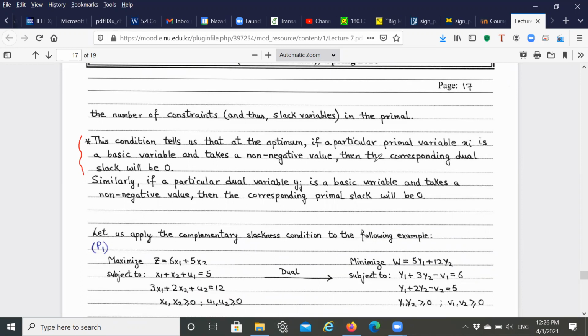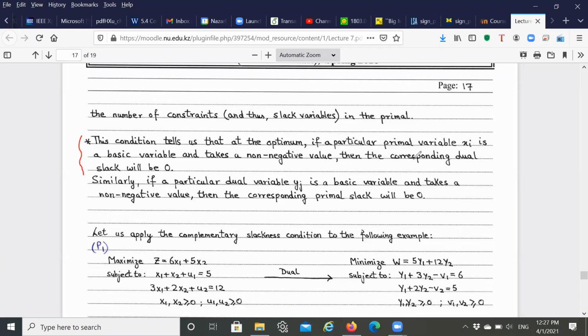This condition tells me that when you have reached the optimal solution, that means when you have reached a point where the optimal solution is obtained, we already studied what the basic variables and the non-basic variables are. Do you remember that in the simplex table? Okay, so it says that at the optimal. So for example, in the simplex table, when you come to the very last iteration where you find your optimal solution,